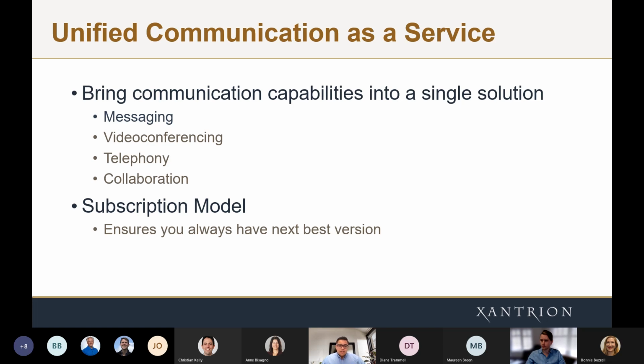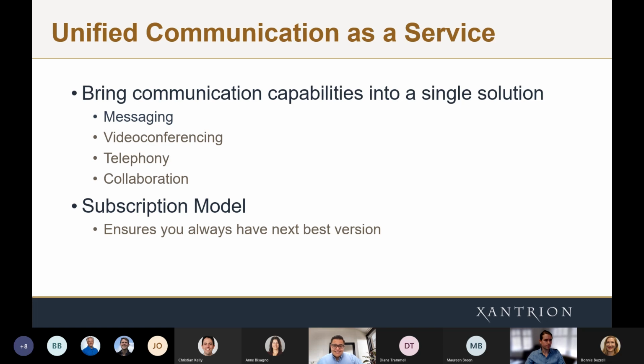When we're talking about Microsoft 365, for example, one of the really effective pieces of the tool is the fact that you're constantly getting updates from the mothership. If you've been on Teams for an extended period of time now, you've seen the progression and the growth of this platform and how it's really evolved, even in just the last year.